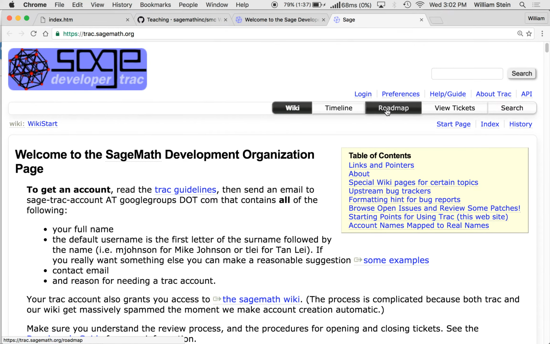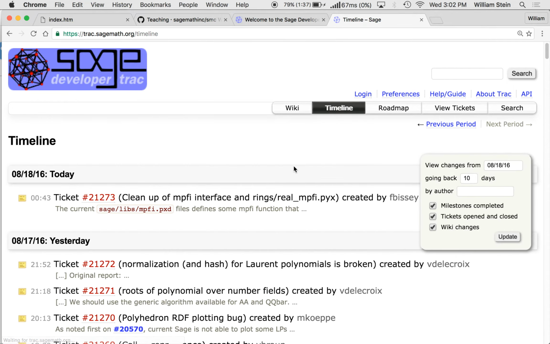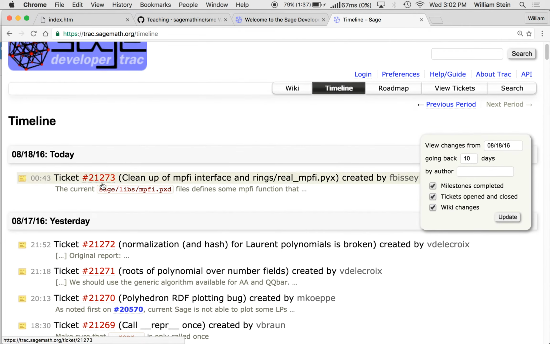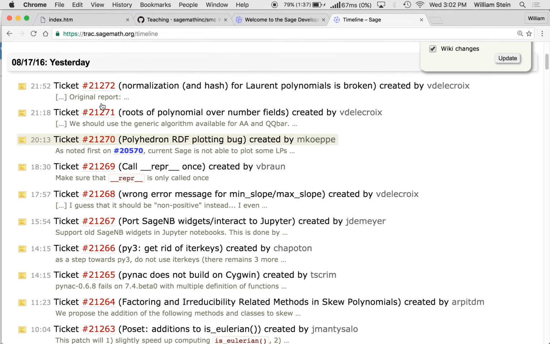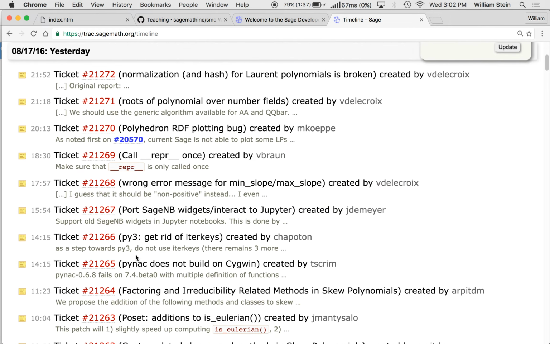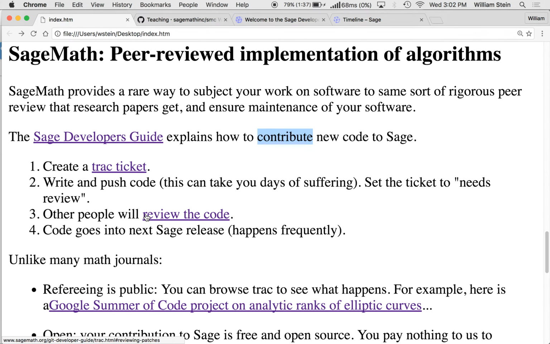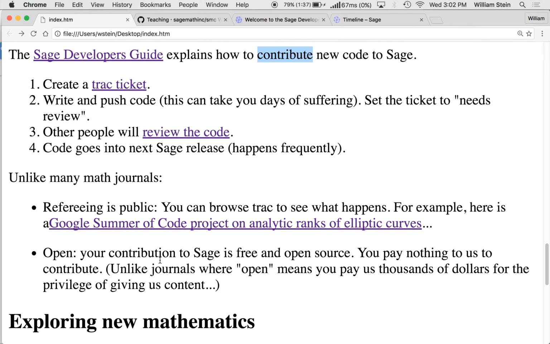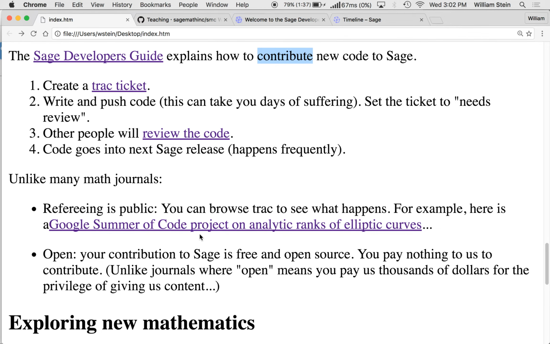There's also a timeline which shows you what's going on. And you can see from the number that a lot has happened; this is yesterday's timeline. These are actions that happened on various tickets. So there's a lot of stuff going on here. One of the interesting things that really distinguishes how publishing your code in Sage is different than publishing in a journal, is that the refereeing process is public. So just to give you an example of that,